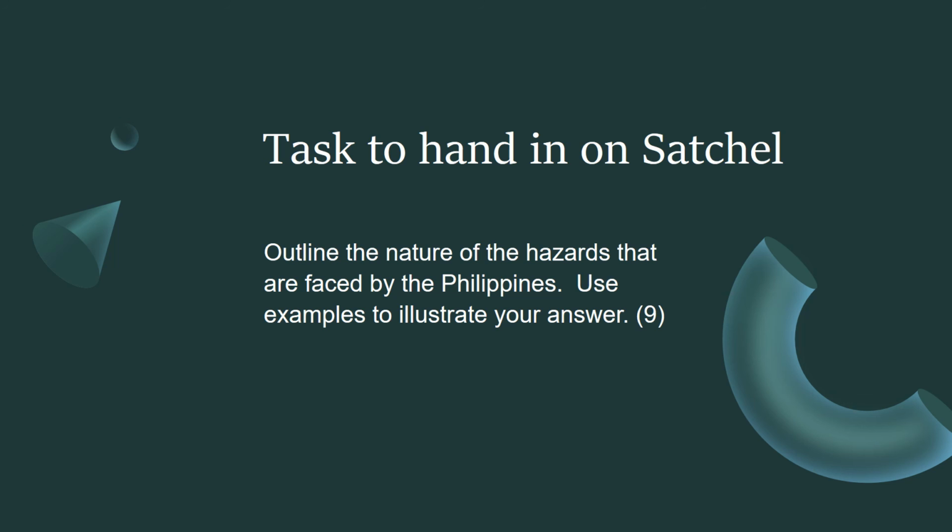I will put a place on Satchel for you to hand this in online. Word processor is best for me, to be honest. It's easiest to read. If that is a real problem for you, or you're struggling to get access to a computer, you can write it by hand and take a photo of it and upload that. It's my second choice just because it's harder for me to read, and I think when you type the answer out, it's much easier for me to read it and give you a little bit of feedback and mark it. But the option's there if that's a real problem for you. I know with everyone locked down and working from home, these things can be difficult.